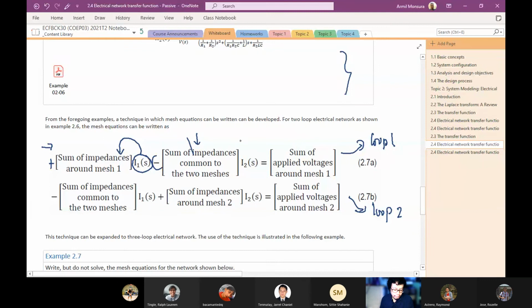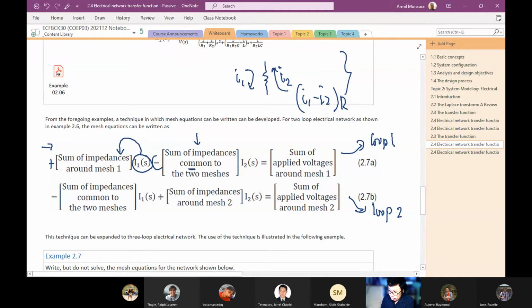Nanggagaling yan actually dun sa kung maalala nyo, pag ito yung impedance at ito yung I1, tapos ito yung I2, kasi dalawang current yung dumaan sa kanya. Ang ginagawa nyo dyan, mina-minus nyo yan. That becomes I1 minus I2 times, for example, R. Ganyan yung ginagawa nyo sa mesh equations. Kaya nagiging negative yung